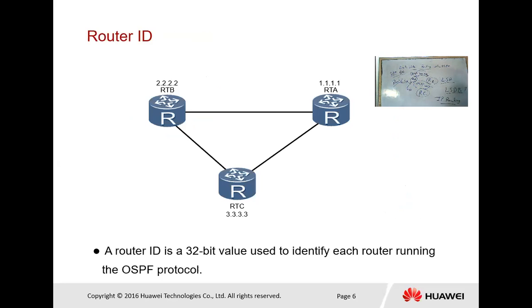So next we have router IDs. A router ID is used to identify the router. It is a unique ID. Each ID is unique from the others. कि जितने सबके routers हैं, सबकी जो ID रहेगी वो unique ID रहेगी. And the value is similar to an IP address, whether it is 32-bit or 128-bit.